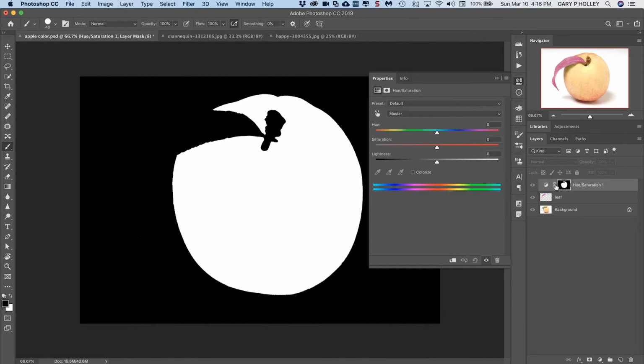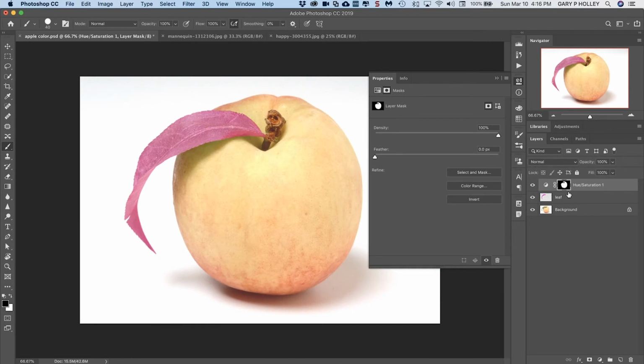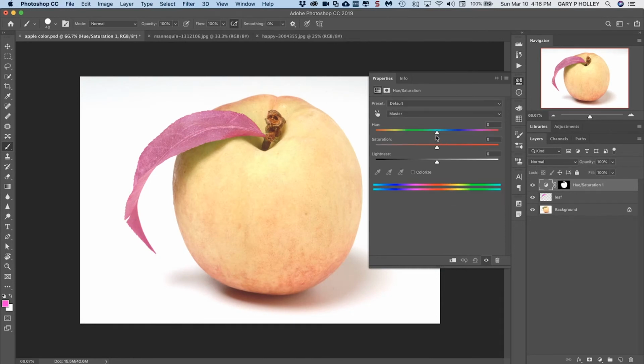The black area won't be affected. So let's take a look and see what those adjustments do. So with hue saturation, I can just shift. If I want a little subtle shift, I can do that, or I can go to something extreme. Now this is just the hue, the color, the hue of the apple itself, and not the leaf at